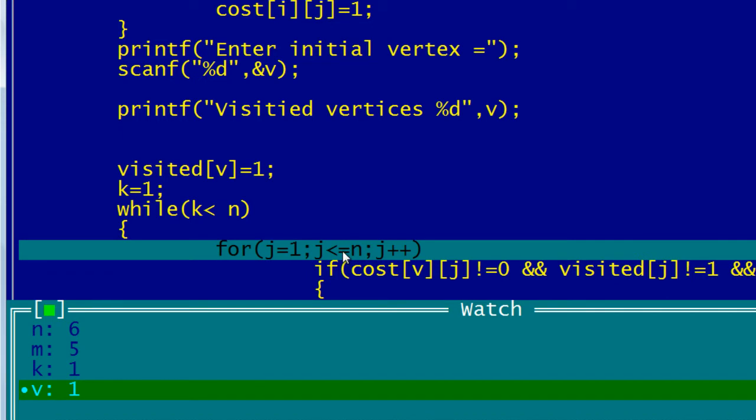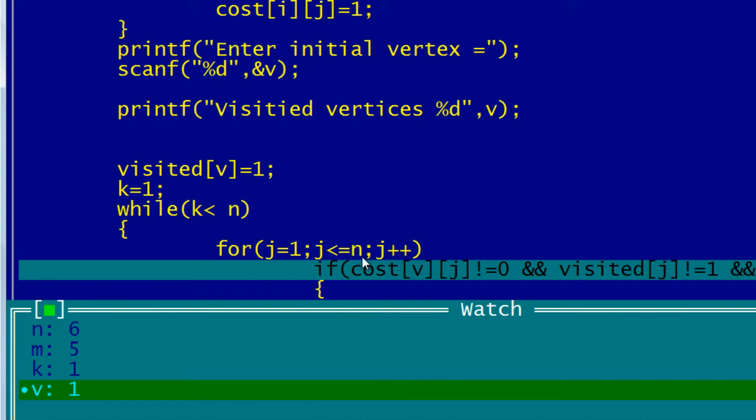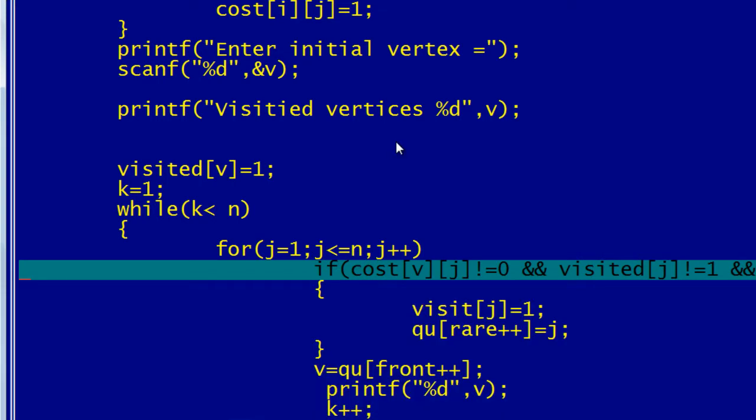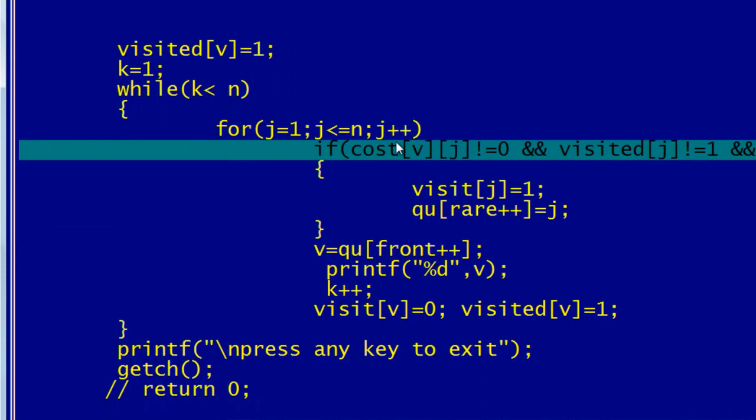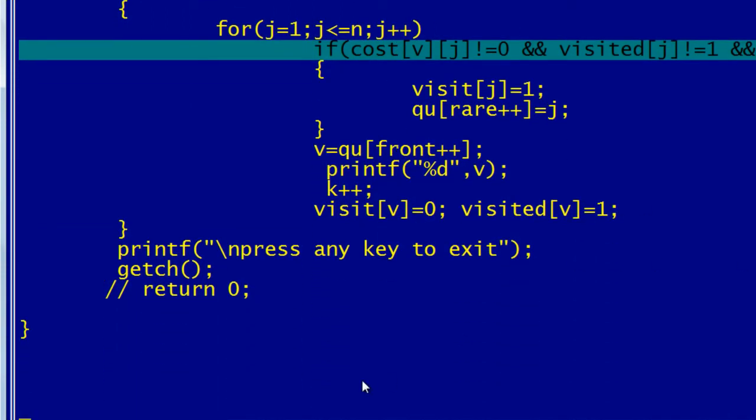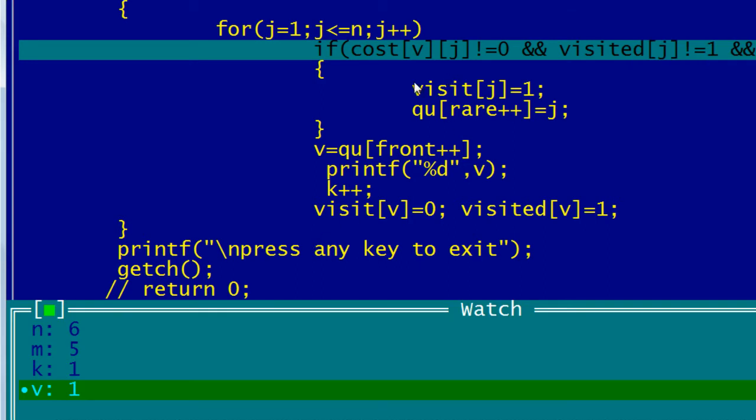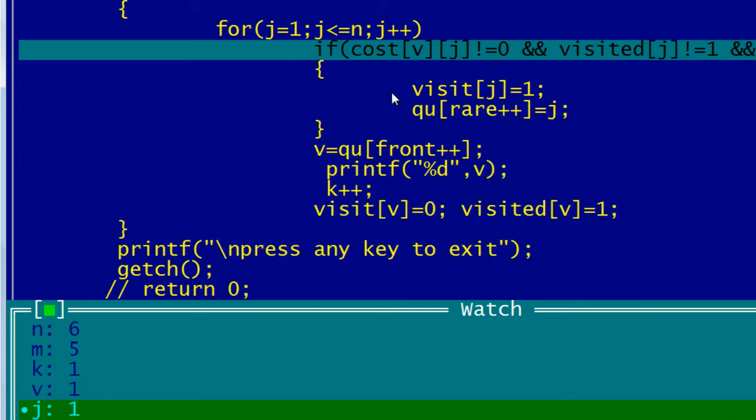Yeah, so here after this for loop, I am checking a condition, and the condition says, if cost of v and j, okay, see, v and j, what's the value of j here? By the way, j must be 1, right? Because here we have initialized it. Okay, let me put it in the watch window. So it's saying if the cost of v j is not equal to 0, let's see in our matrix,